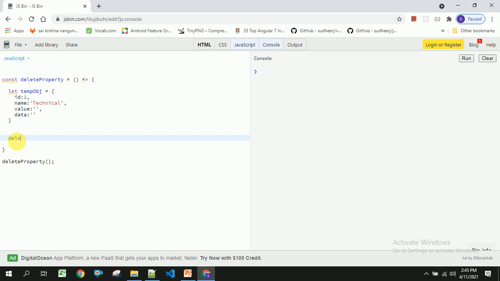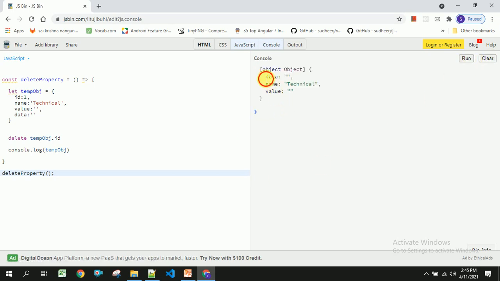To delete this, we are going to use delete tempObj.id. In order to delete the id, we have to use it like this. Now I am going to log the object. Clear this and run.